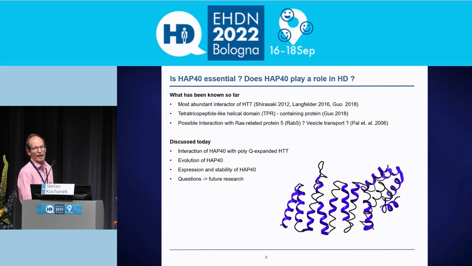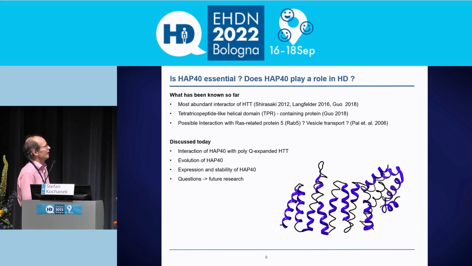The question is: is HAP40 essential? And does HAP40 play a role in HD? What had been known so far is that it's a very abundant interactor of Huntingtin, and actually this has been seen in vivo in mouse models, where HAP40 has been the most abundant interactor of Huntingtin. The structure which we determined